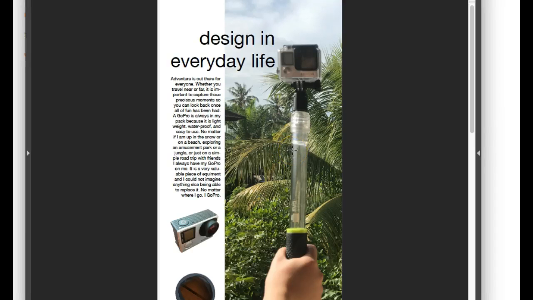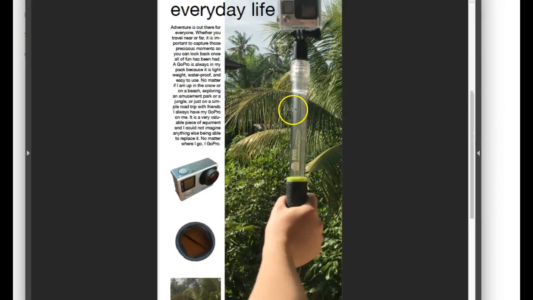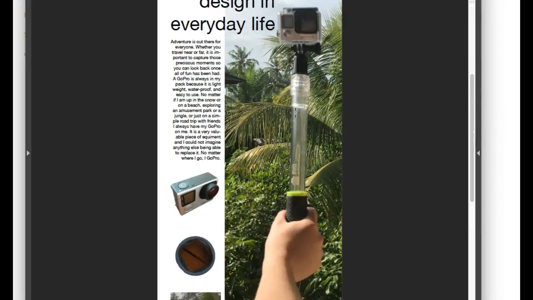I think, for a couple of reasons, number one is because of the limited resources that you have, which is forcing you to use the stick and the camera. Okay, I get that, but we can do something here. We can simply change this to design in everyday life and talk about your camera instead of your GoPro. I think it's a better approach.